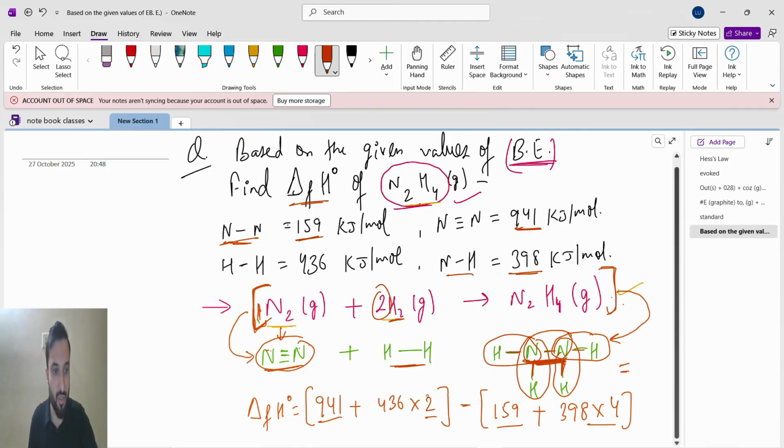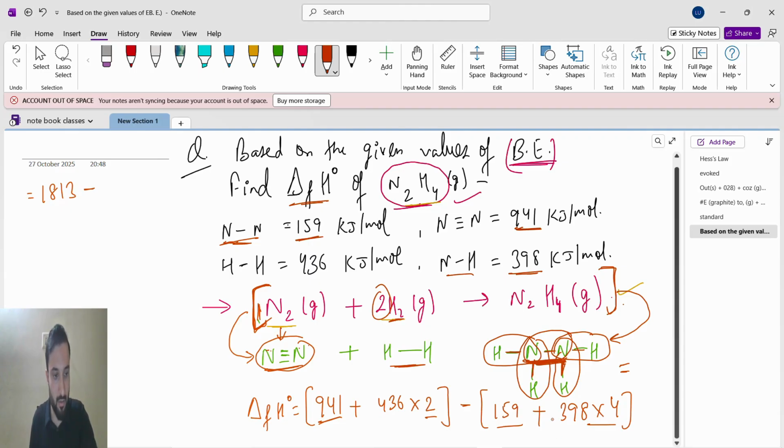So what will we do? For you, I will do it, guys. First is 941 plus 436 into 2. For this we will get 1813. Then minus, we will do this thing: 159 plus